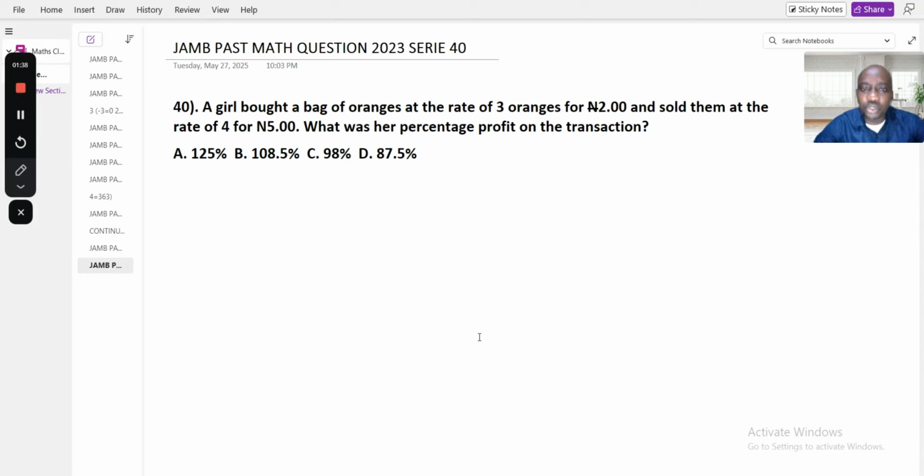This question looks technical, but don't bother to stress yourself. What you will need to do is to look for the cost of one orange. What is the cost of one orange and what is the selling price for one orange? When you get that, you will know the profit that this girl made from the oranges. Now, she bought 3 oranges for how much? 2 naira. Therefore, for